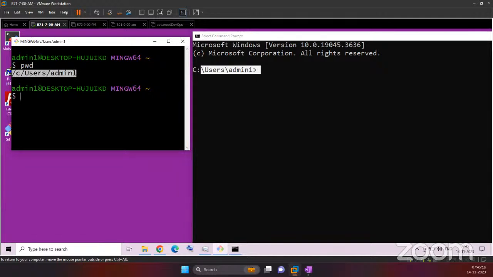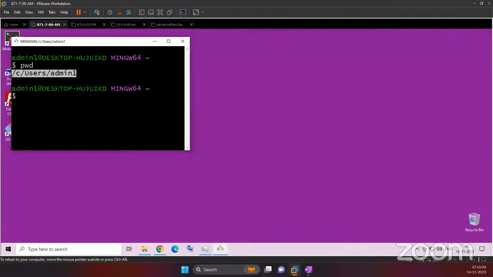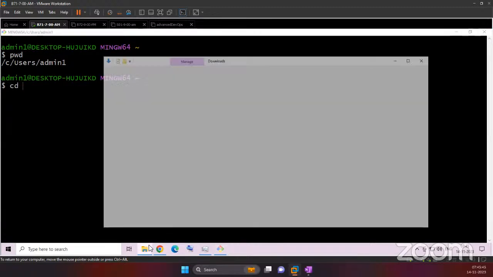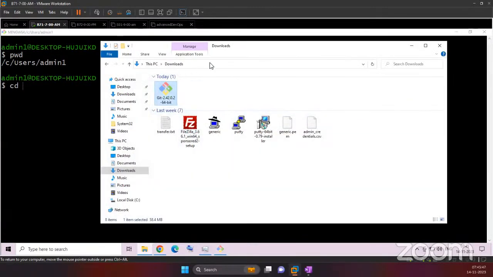Okay, and this one major difference will make it very difficult for you to type the lengthy folder path, because the folder path you will always have to give. So this is one major difference. Otherwise, you will keep getting errors because of the slash. So the very easy way around this is, you don't have to type cd, change directory, and then see, that is the problem here. If I want to go to the downloads directory, now,